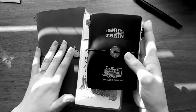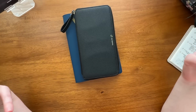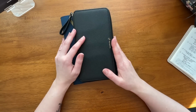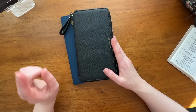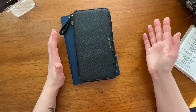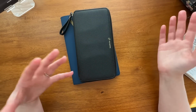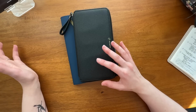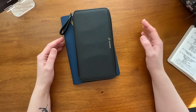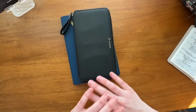Alright, so I have 3 planners in front of me because this is really going to be the core of my system for 2023. Because I have committed to 2 different planner systems for 2023, and every time I post that video, I am extremely confident that I have found the answer, and then the minute the video goes live, I am all over the place again. I see a post that makes me miss something, I see a different post that makes me want to use something different, I see one of the planners on my shelf and I'm like, ooh, I missed that,